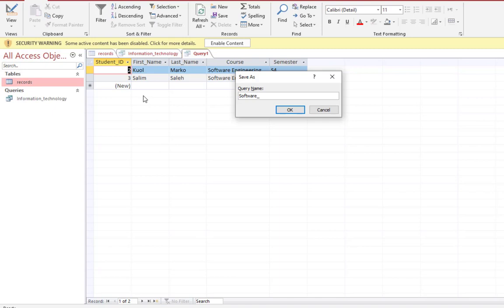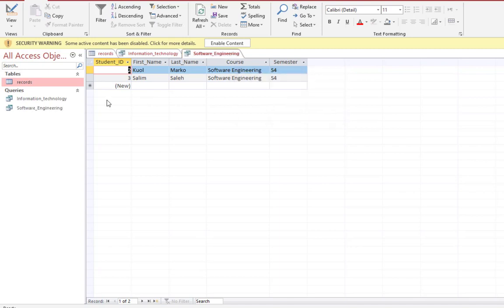So now we have 2 queries for information technology and software engineering. So guys, this is the basic way how you can create the queries. And now let me show you how to create a form. I'll go back to my original table and then go to create,